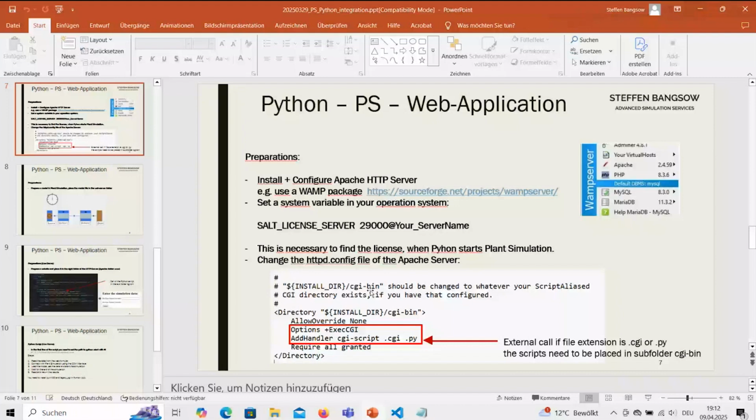And you need to add one handler for .py for the Python scripts. The default file extension is .cgi, and here you can add .py as default file extension for Python scripts.